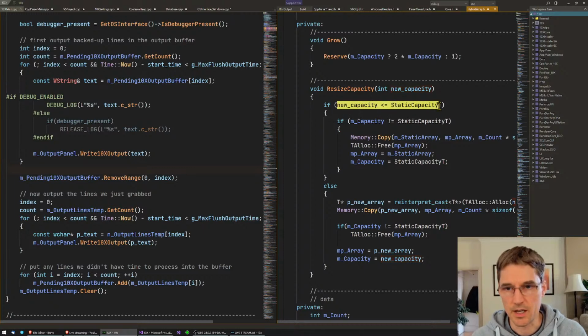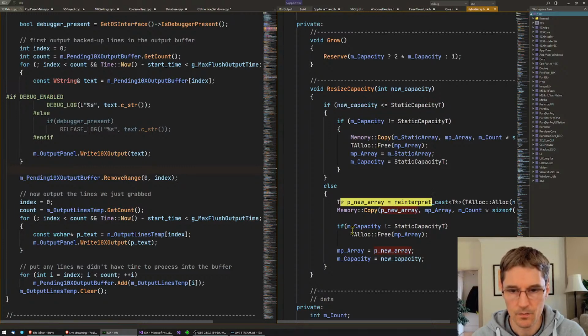So if it's less than the static capacity, it doesn't have to do any allocations at all. If it's more, then it allocates a new array and just ignores the static array and copies it over. And the reason for that is, in the parser especially, there are lots of things which usually you only have one or two. Like a good example is templates. You only have one or two values in a template, and you don't want to be allocating every single time you add a template arg to an array,